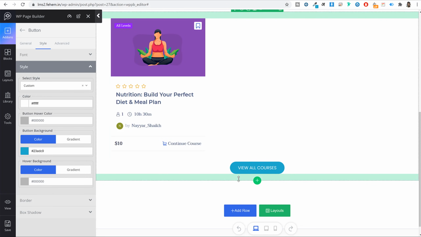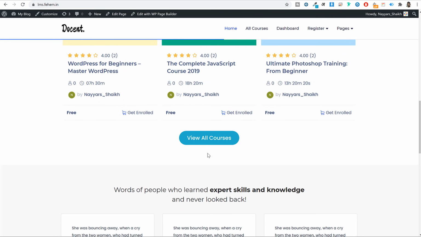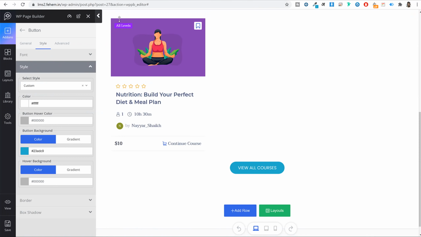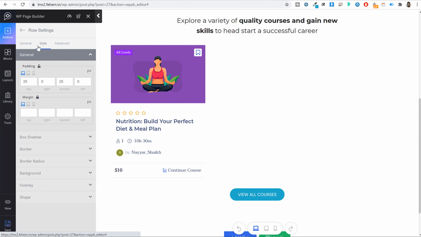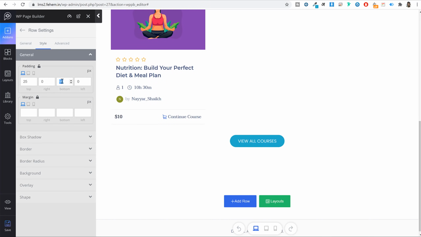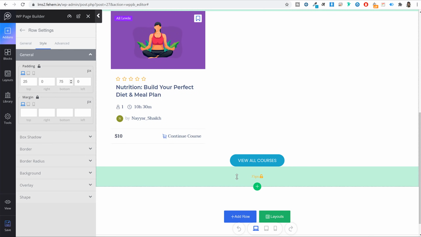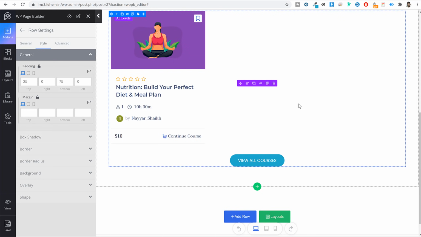Now we need to do one thing. At the bottom of this row, I want to add some space. So as you can see below this button, at the bottom of this row, we have nice amount of space. So to do this thing, we'll select this option, green gear icon, style, and under bottom padding, I want to type in 90. Okay, 90, or maybe not 90. Let's type in 75. Yeah, now let's click on save again. And with this, your second section is also created.